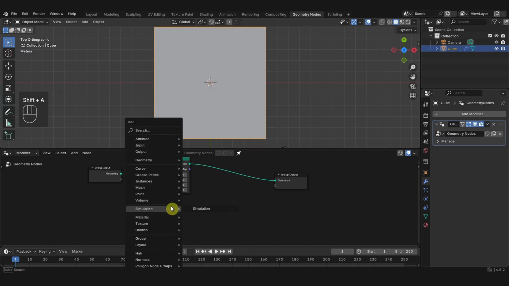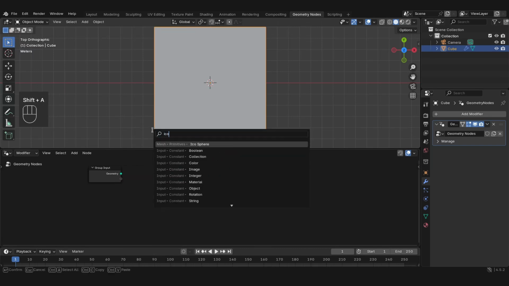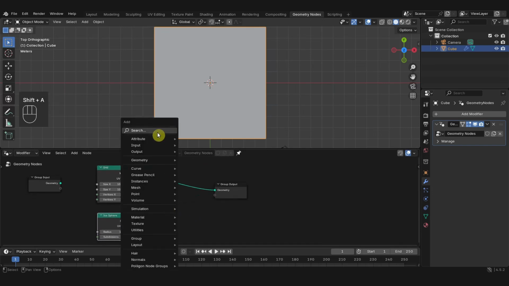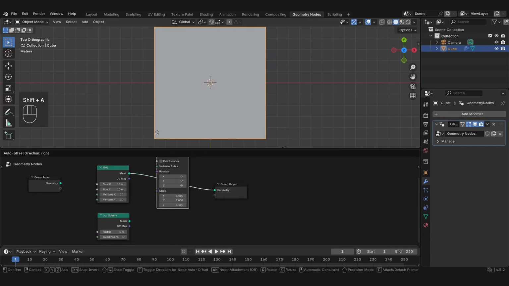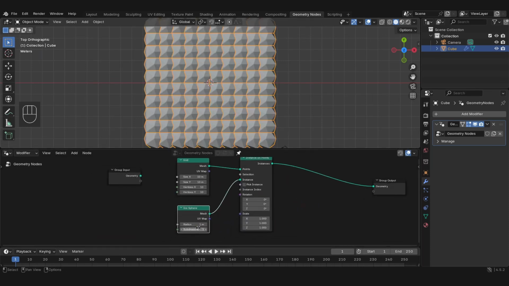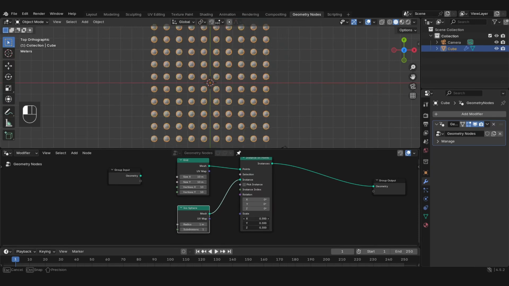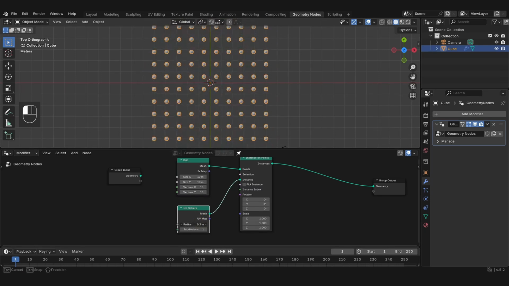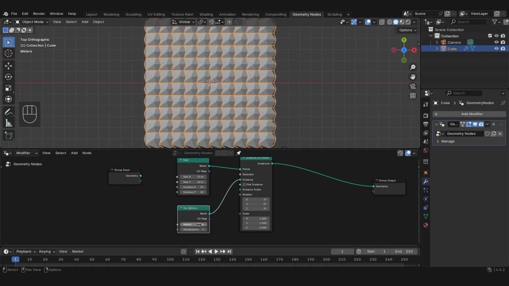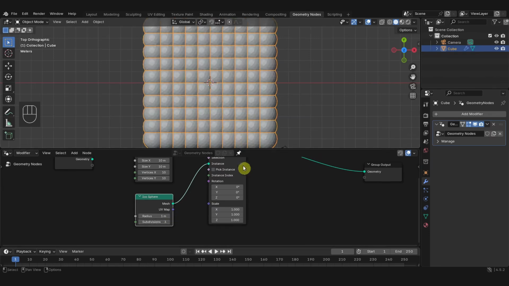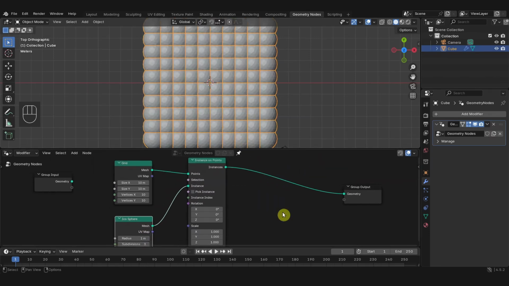And then I'm going to add in an icosphere, and then an instance on points, and then use this for the instance. And then we can scale either down here like this, or scale the radius down. I'm actually going to leave the radius at 1. I am going to increase the subdivisions to 3 though, I think, and I'm going to get the material going